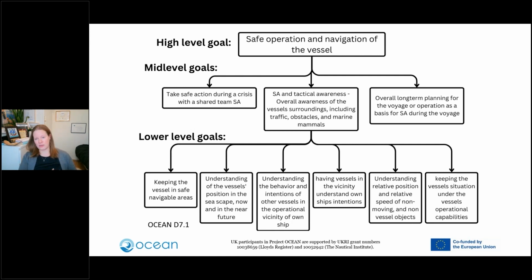Versus what we're talking about with the situational awareness display is this tactical situational awareness. What do you need to know now and about the near future to make good tactical decisions? So dealing with traffic, dealing with no-go areas, dealing with survey vessels crossing your route, dealing with different things that you see outside, or changes in planning, like the port will tell you to go to a different buoy to pick up the pilot, for example. Those kind of tactical situations where you're planning for the next 12 minutes, the next half hour, the next hour,